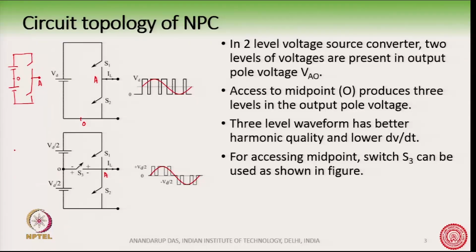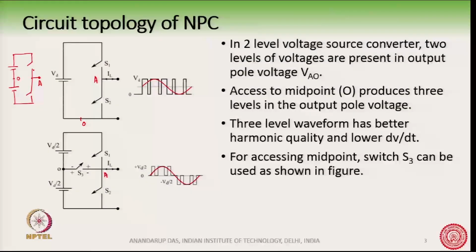Some authors denote the voltage source converter like this. If you put O at the middle of the capacitor, it becomes actually an imaginary point. So, the point O is fictitious or imaginary, it does not exist physically in the circuit. So, for this circuit here, the voltage waveforms will be minus Vd by 2 to plus Vd by 2,